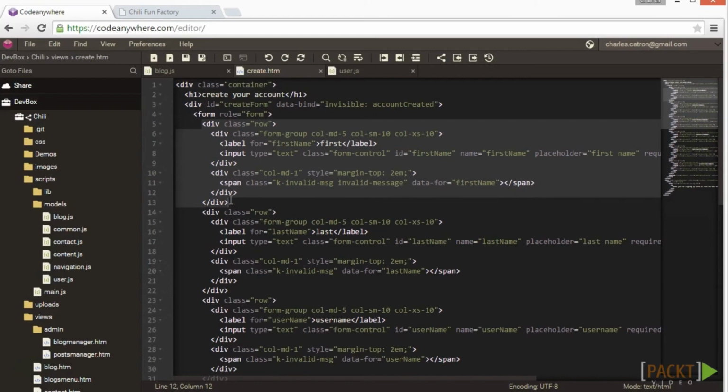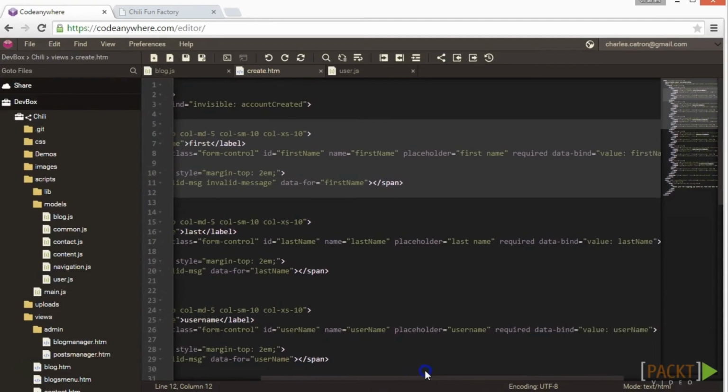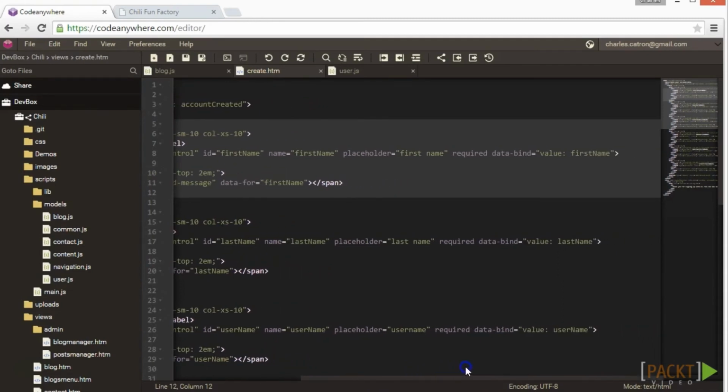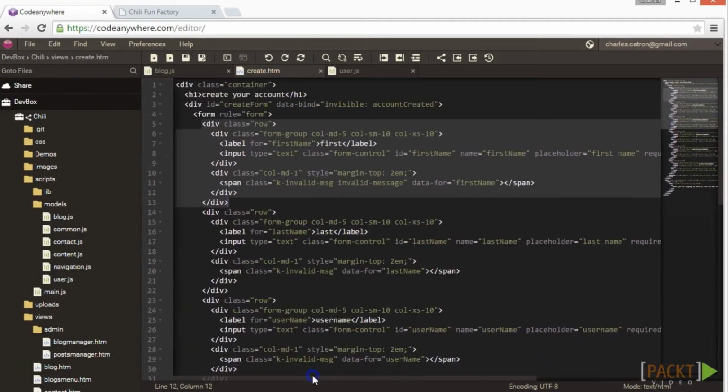We close out the label, and then we add an input type text, class form-control, Twitter Bootstrap. We give it an ID of first name, a name of first name, placeholder equal to first name. We mark the field as required using HTML5 standards, and then a data-bind value first name, close out the div,